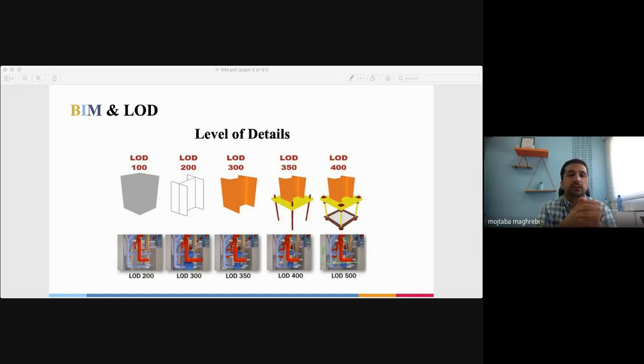The UK tries to push the companies to move toward BIM, and that's why they put it as rules. For example, I'm not sure about the numbers I'm saying, but for example, projects over £2 billion must have BIM models.